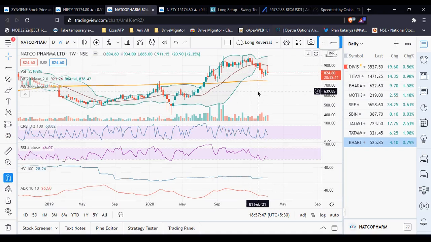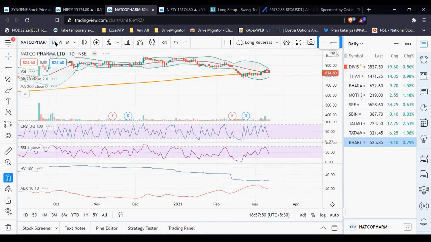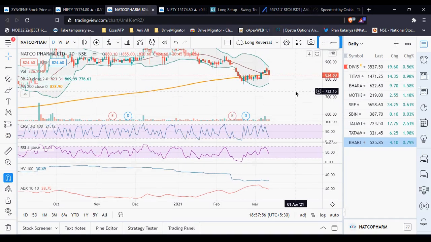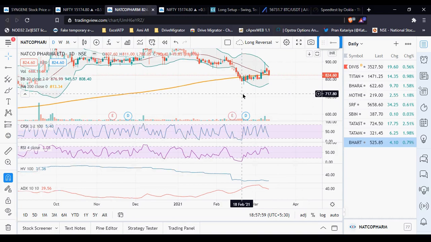What happened was I found a signal here. Let's go to the daily time frame. Over here I did find the setup where the Connors RSI and RSI 4 were matching, but I did not have any clue about historical volatility, ADX for initiating, or even about the 200 moving average. So what I did was, on the next day I saw the green candle, and the very next day I saw the high broken and I initiated a buy.